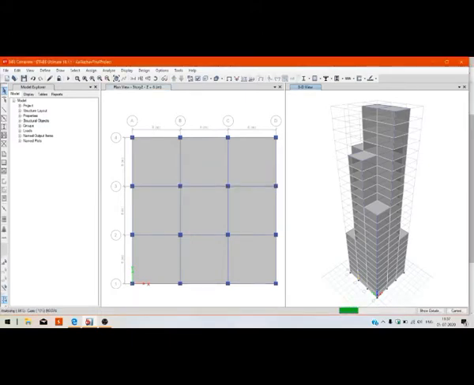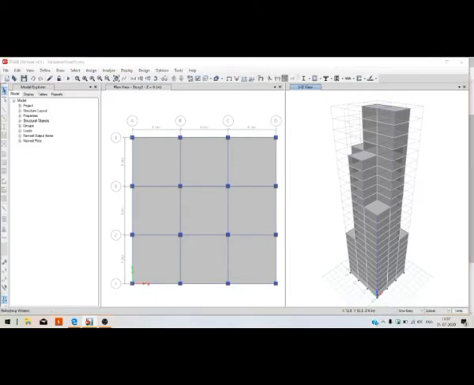So 7 concrete frames have been detected. We will click on yes to continue.